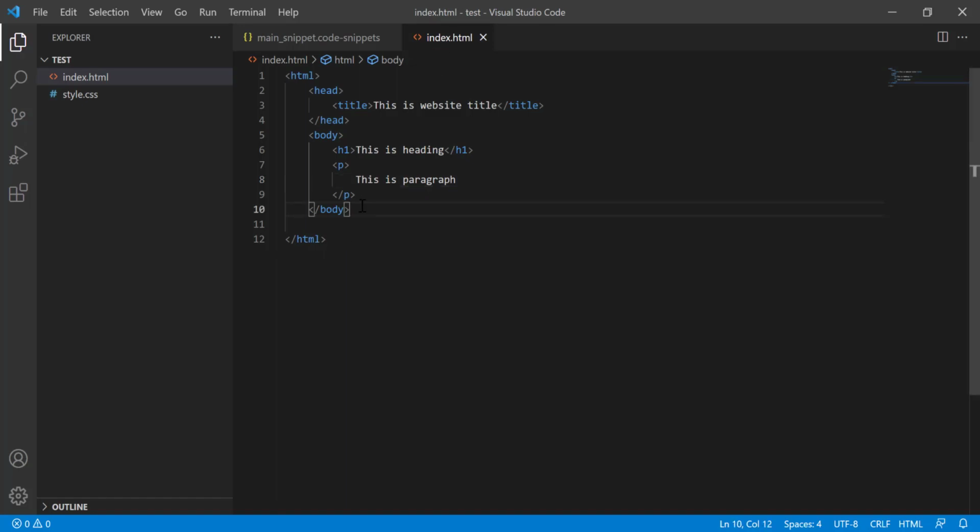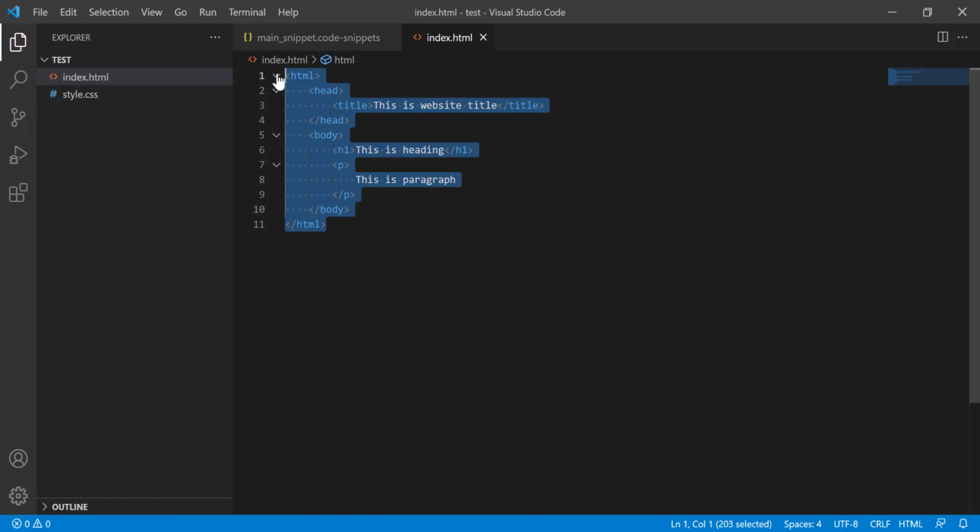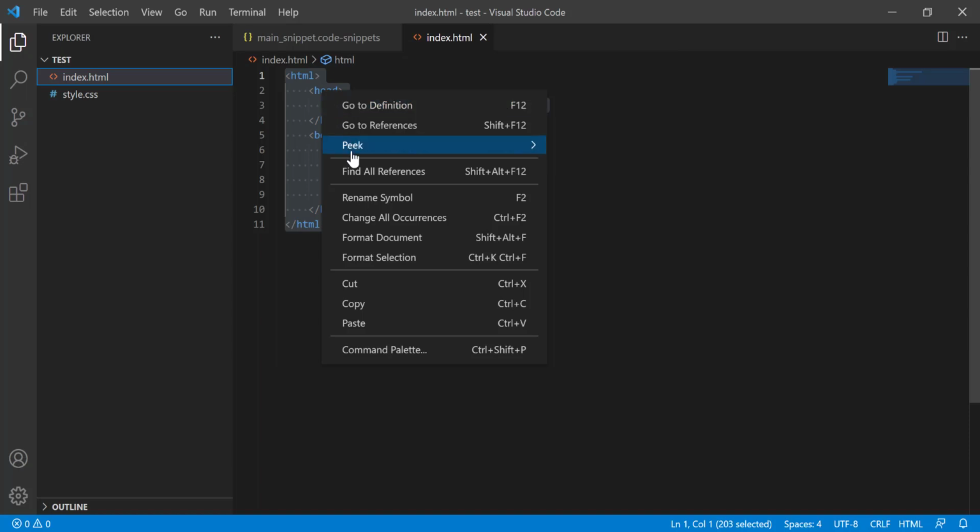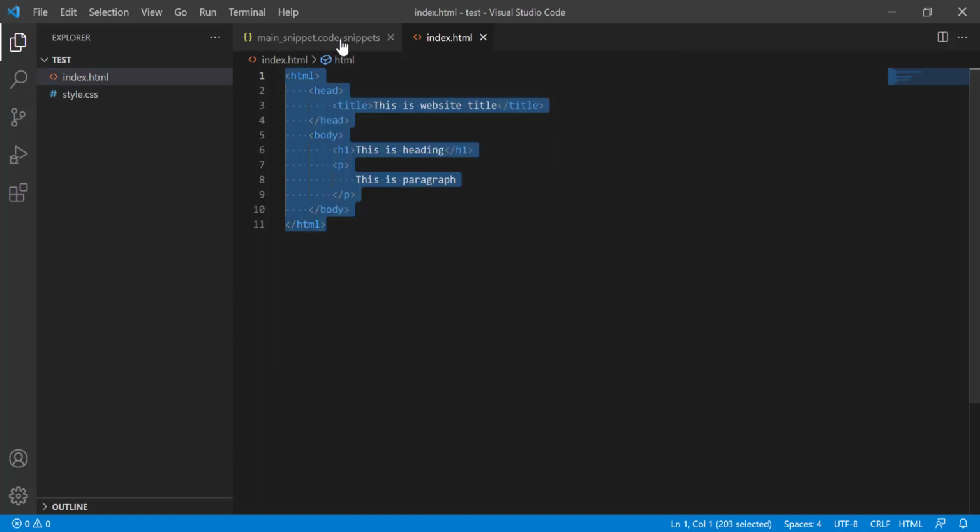I want this to be my HTML layout. I want to use this layout in multiple files. This is just an example, think of it as an example. I want to use this code in various files in my application. Okay, so what I can do is copy this code from here,